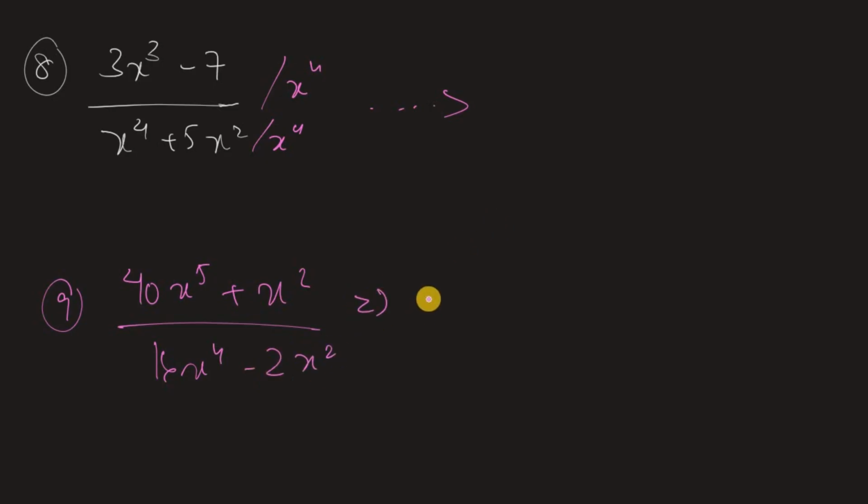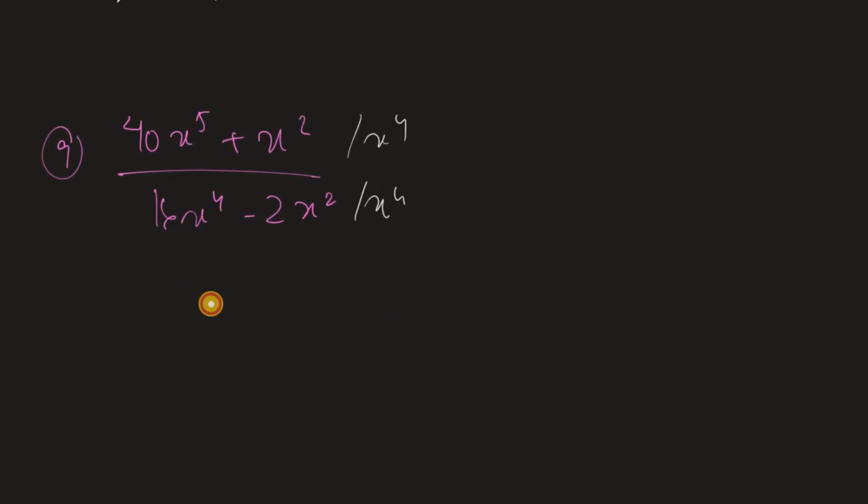For the last question that we have is 40x to the power of 5 plus 5x squared over 16x to the power of 4 minus 2x squared. We have to solve this. What do I have to divide this by? Here we have x to the power of 4, so we divide by x to the power of 4 because that is the highest degree in the denominator. If we do this, what do we get? At the top,